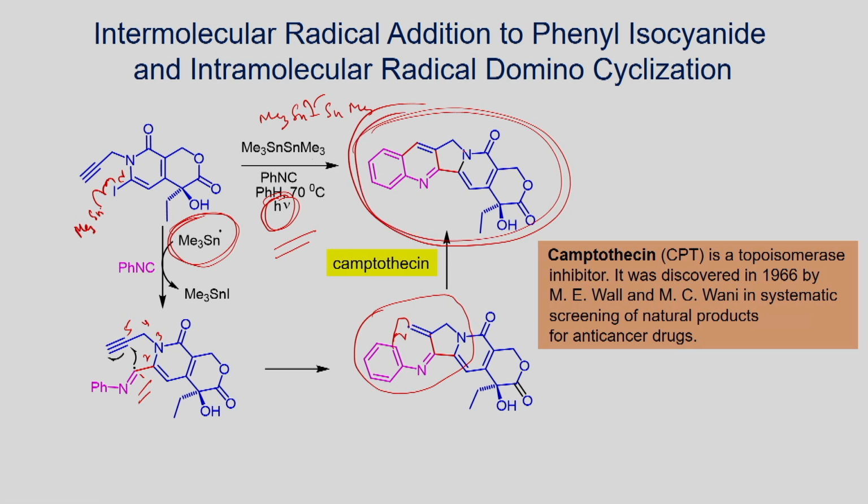What you do here, you make three carbon-carbon bonds with excellent stereoselectivity. You can use this tin based reagent which can, if you have the carbon halogen bond, readily cleave homolytically to form a radical. Once you form the radical, that can lead to intramolecular cyclization to give carbon-carbon bond formation.